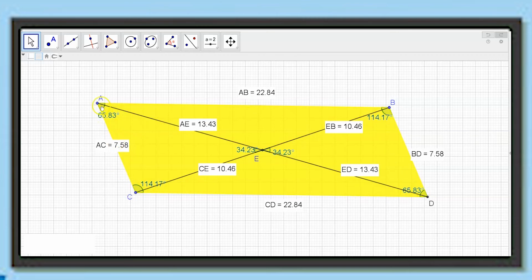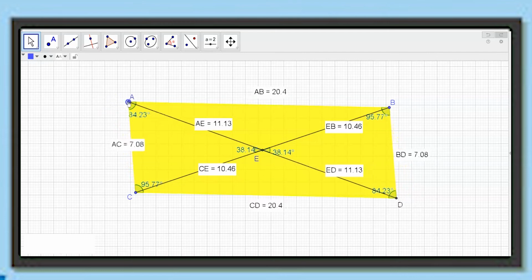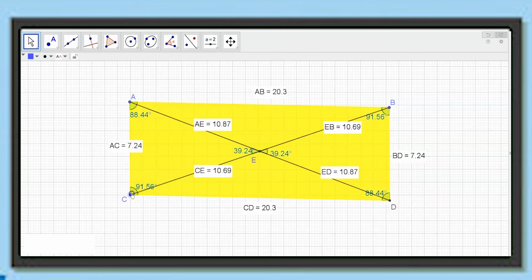So we will see how we can change this to 90 degrees, and once all the four angles become right angles, what other changes have happened in the parallelogram we have to observe. So I will start changing the angles as right angles. I will be approaching them slowly so that it all becomes equal to 90 degrees.